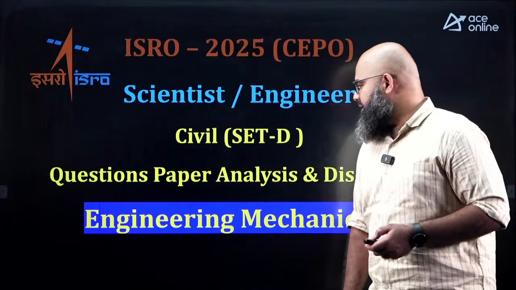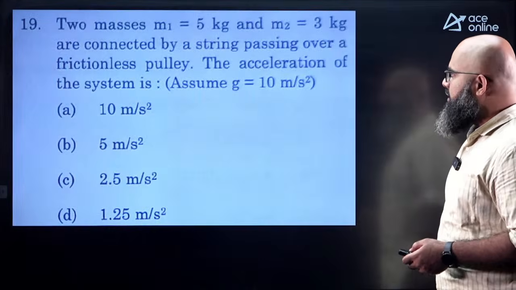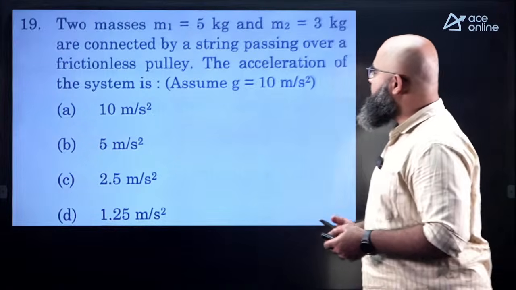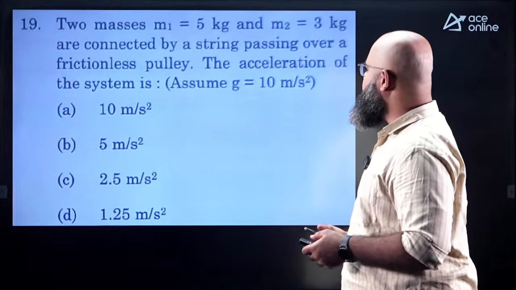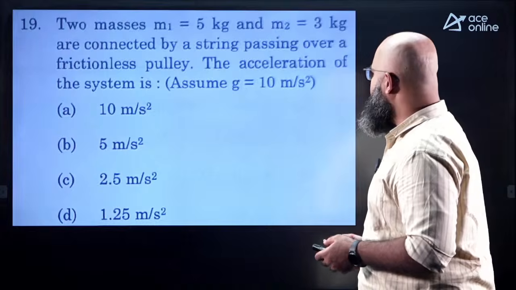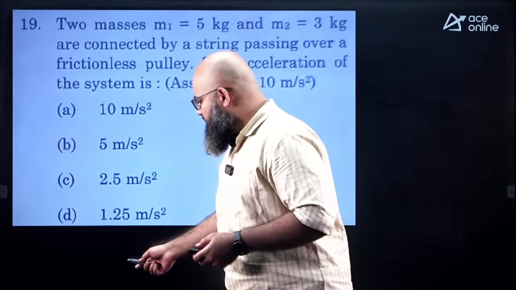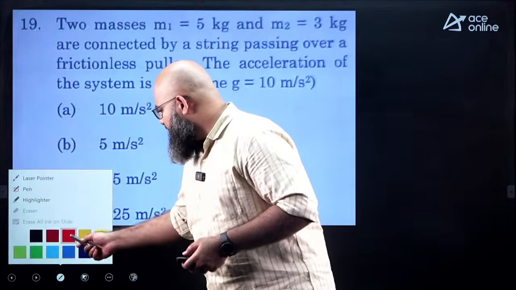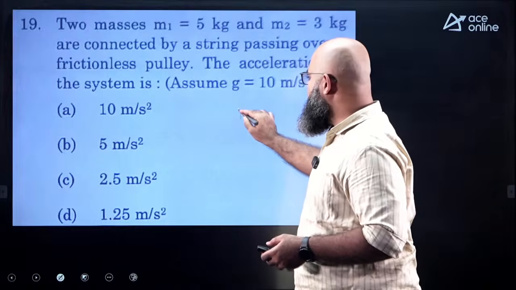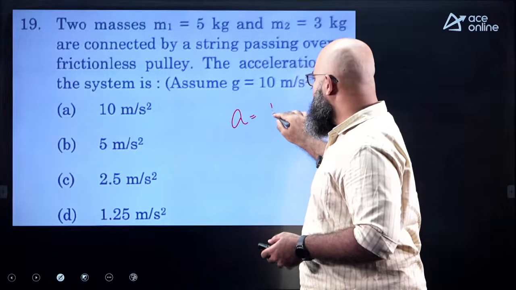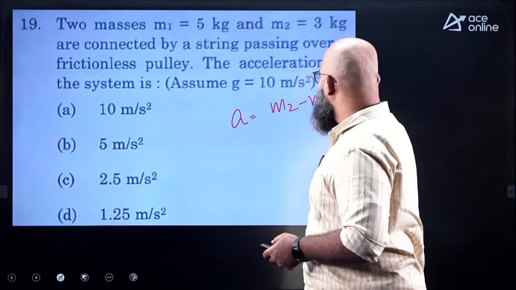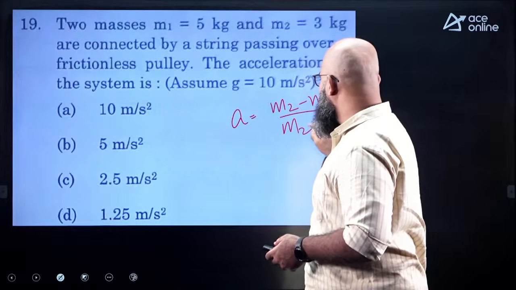Let us take questions on the subject of engineering mechanics. The first question over here: two masses 5 kg and 3 kg are connected by a string passing over a frictionless pulley. The acceleration is equal to how much? This is a very basic Atwood machine. In the Atwood machine, the value of acceleration will be equal to the difference in masses, m2 minus m1, divided by the sum of masses, m2 plus m1,